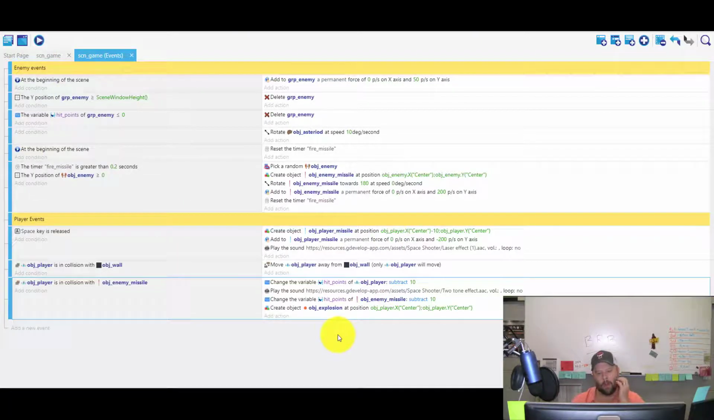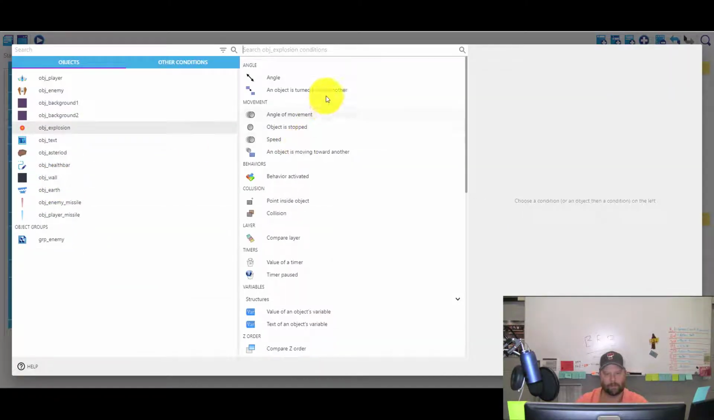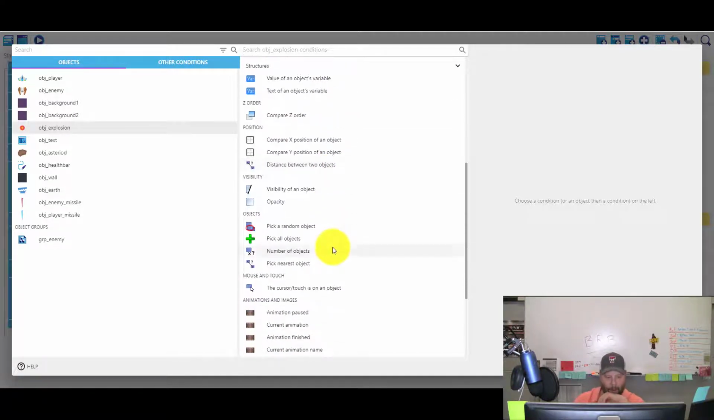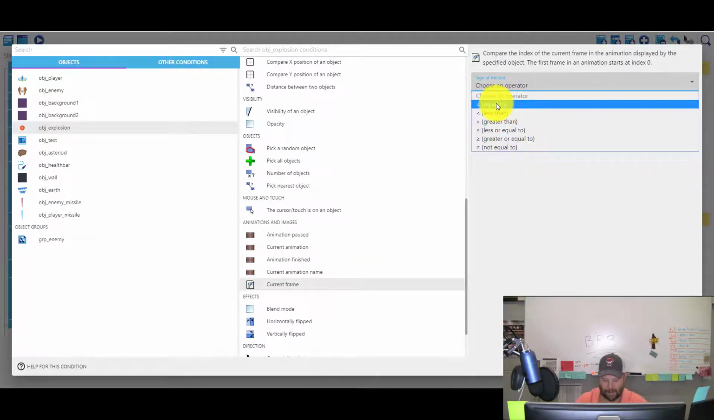But for now, I want to just be able to delete that explosion. So we're going to add a new event, and we're going to create a condition where it looks for the animation of the frame of the explosion. So we're going to look at the explosion, and then we're going to find the animation frame. Okay, so in the current frame, we're going to choose when it is equal to